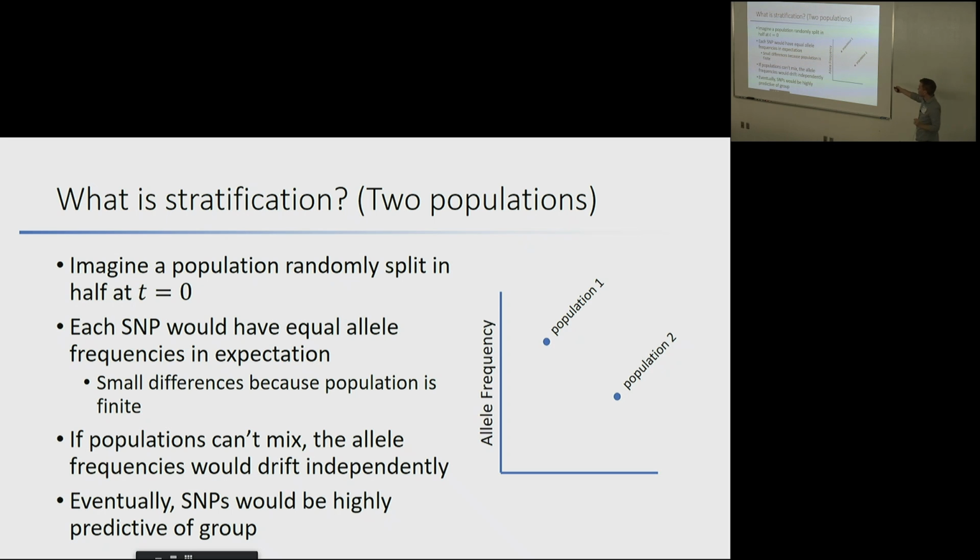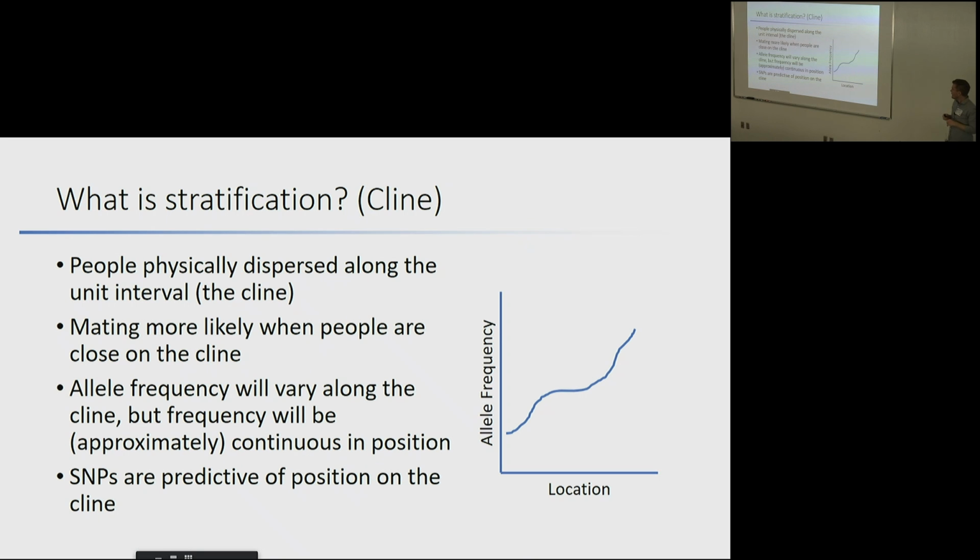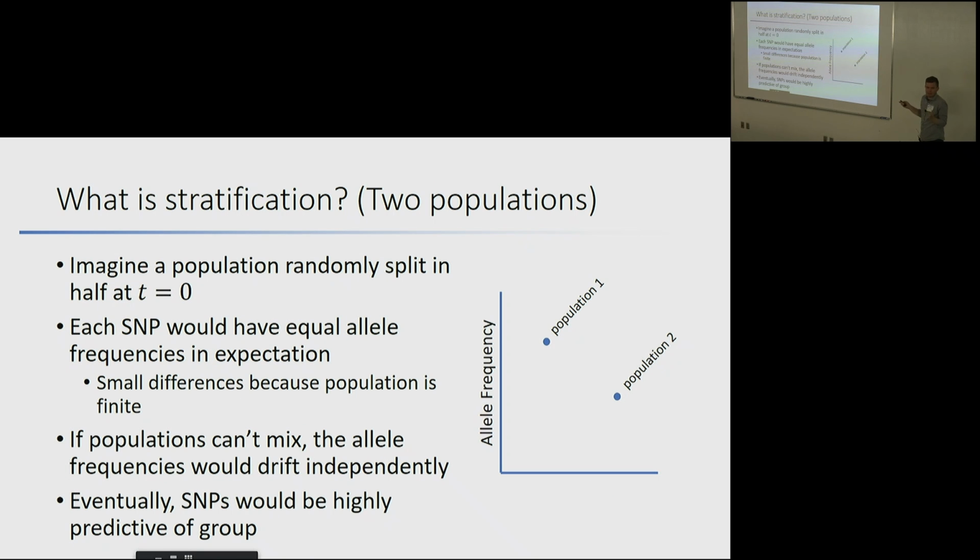And so the problem with this now is that this SNP here is predictive of which side of the chasm that you're on. But maybe there's other environmental things that are different between the right chasm and left chasm that have nothing to do with genetics. But if we did a genetic study, and in the superpopulation, this SNP is just going to capture the environmental stuff. So that's the simple example.